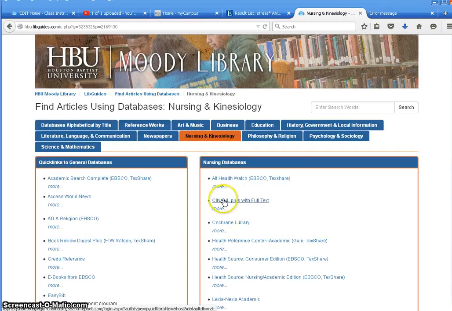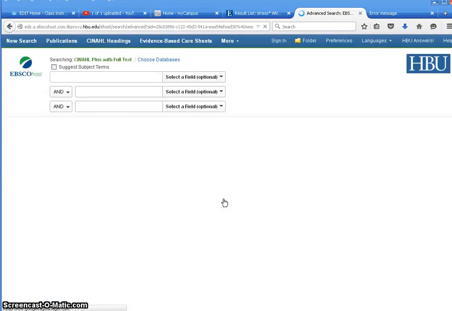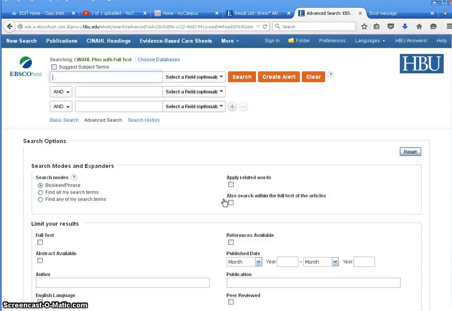Here's Cinahl right here. If you're off campus, you'll be asked to log in. Usually a Husky dog will pop up and you'll be logging in there with your my.hbu.edu login and password. And here we are in Cinahl. The reason it let me in was because I've already logged in to databases today. Okay, so I'm off campus, and I know for nursing classes, you will be required to only